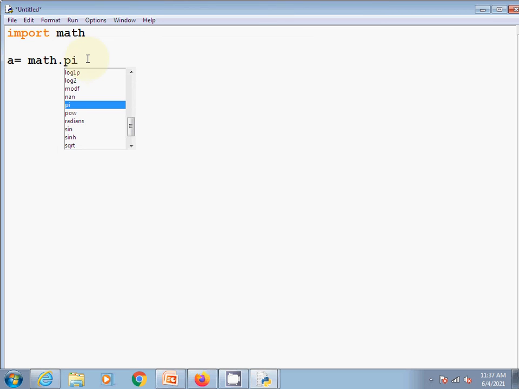See here, these are the functionalities: pi, pow, radians, sin, sinh, sqrt. Many functions are there in the math module that you can access.